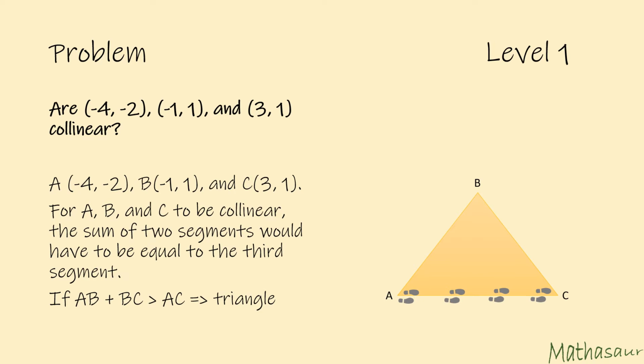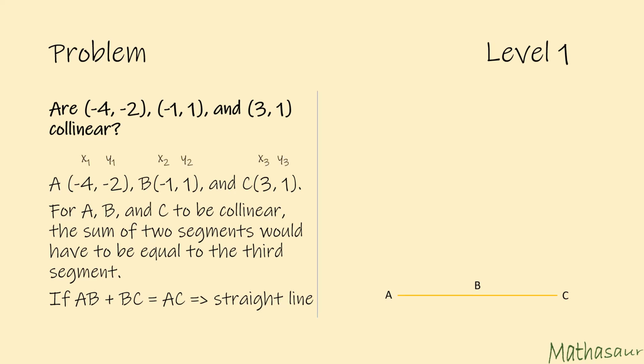Let us look at this intuitively. If I were to walk from point A to C in a straight line, or if I were to walk from point A to C via the point B, the latter would be a longer route. Now let us move point B closer to AC. You can see that the triangle is flattening, till B comes to lie on the segment AC. Now you can see that AB plus BC would be equal to AC and they would form a straight line.